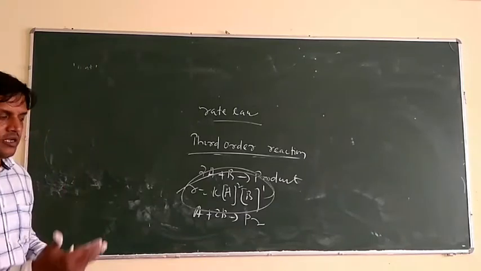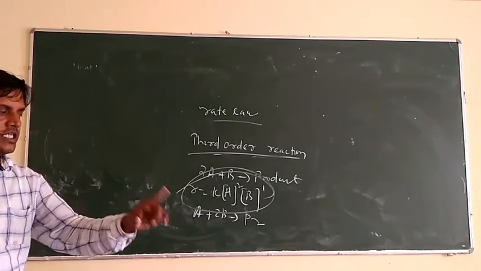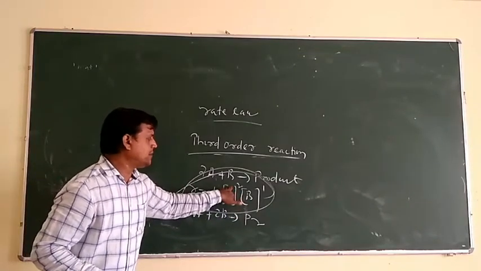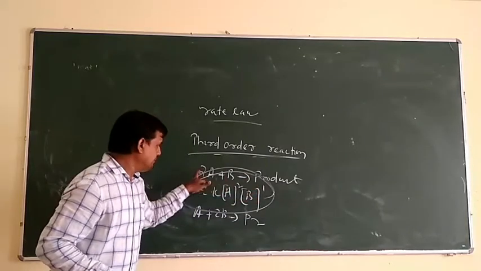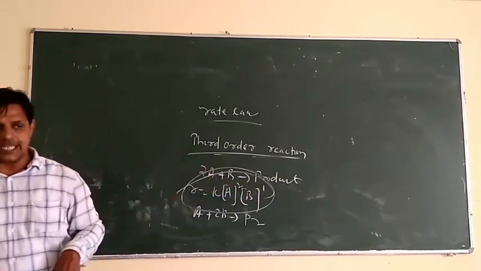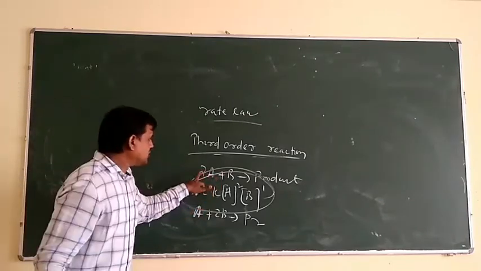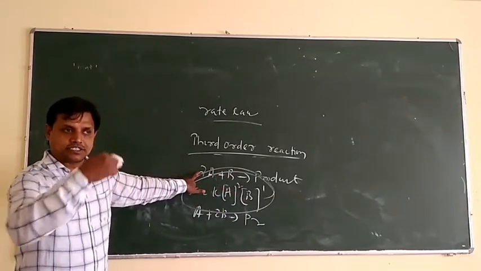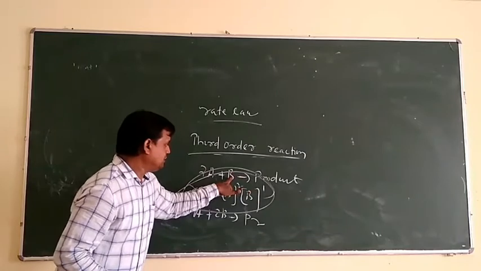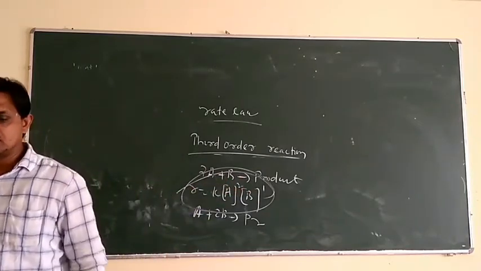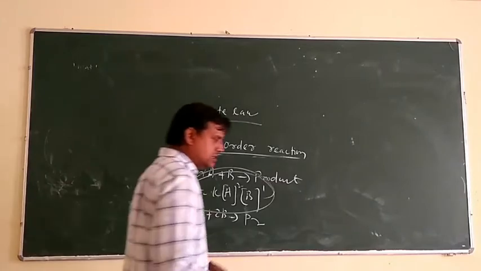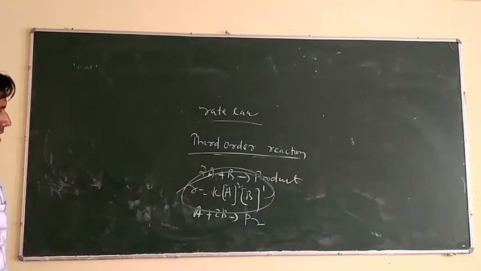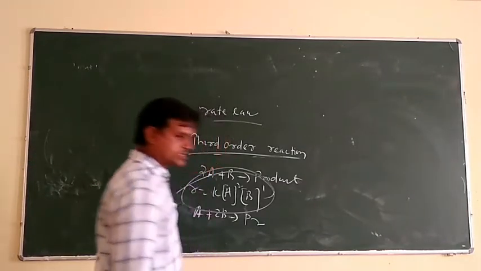What is the rate law equation? The rate law equation is rate R equals rate constant into molar concentration terms raised to a power, which may be the coefficient of that reactant, but it need not be. The power of A is 2, but that doesn't mean the coefficient of A is 2 by chance. The power of B is 1 and the coefficient of B is 1. So order is the sum of the powers of the molar concentration terms of the reactants. That's called the order of the reaction.